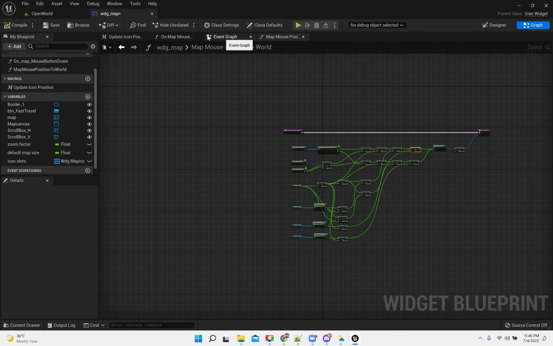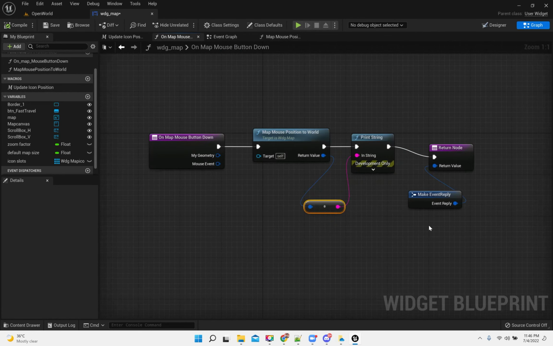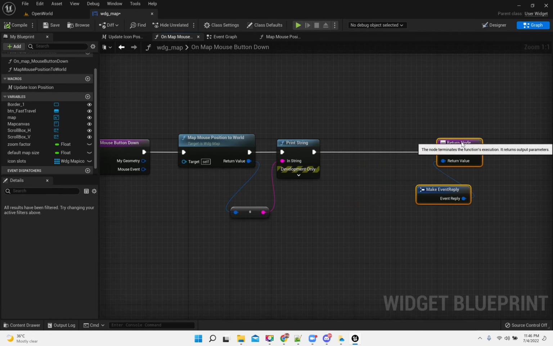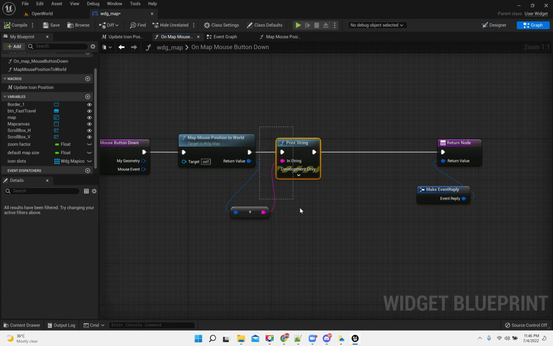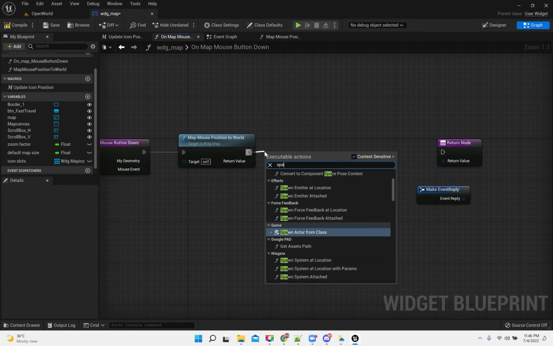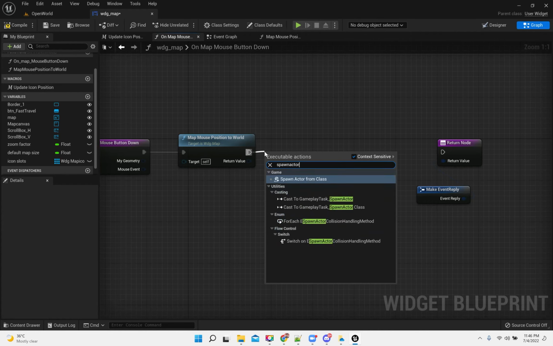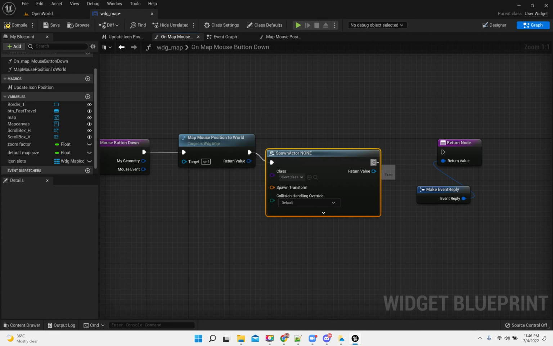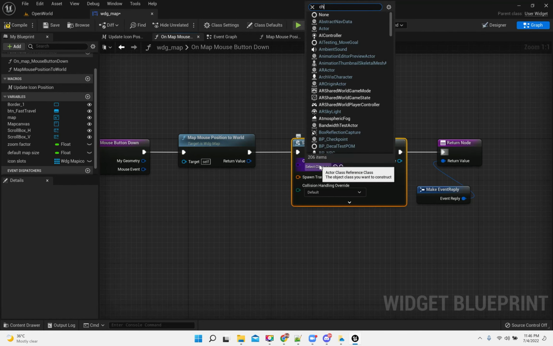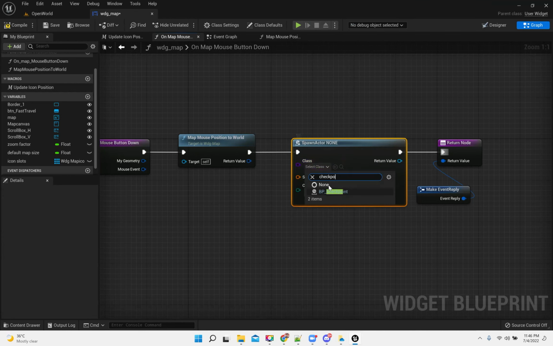Yeah, let's just simply spawn a checkpoint without thinking too much. So I don't need this one. Spawn actor from class pp checkpoint